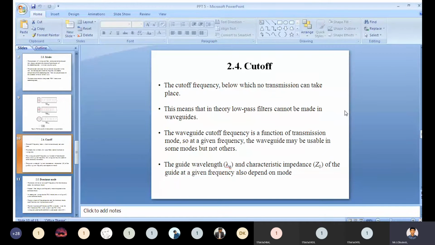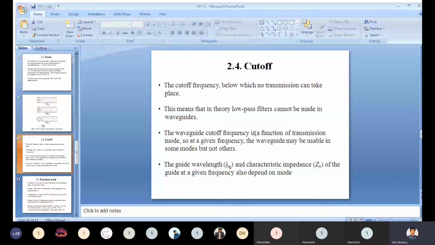However, designers frequently take lumped elements. You need to remember what is meant by lumped elements. Lumped elements means the filters made from discrete components. By using discrete components, if you are going to design any circuit, that circuit is said to be designed with the help of lumped elements.